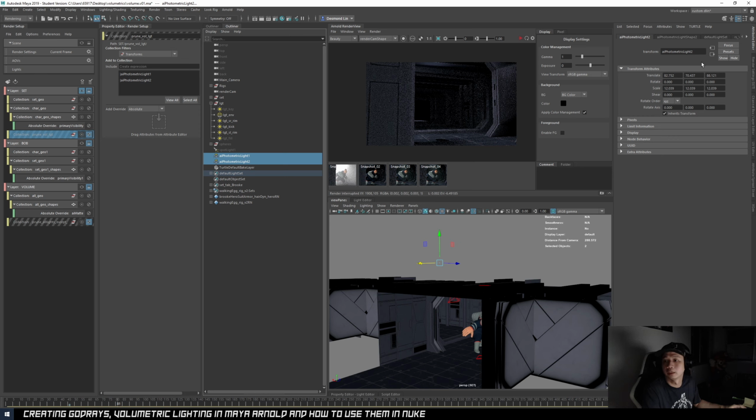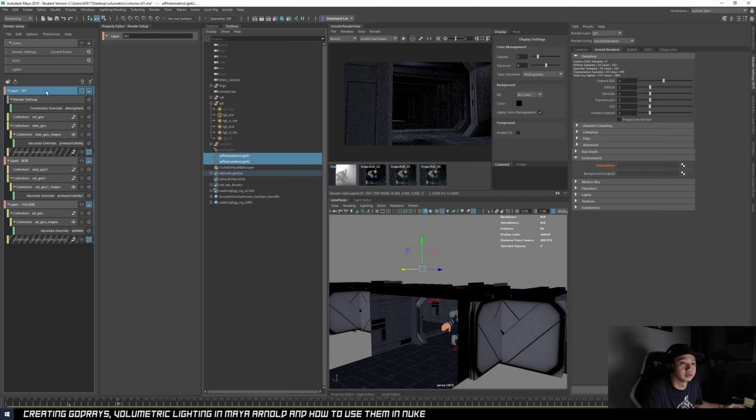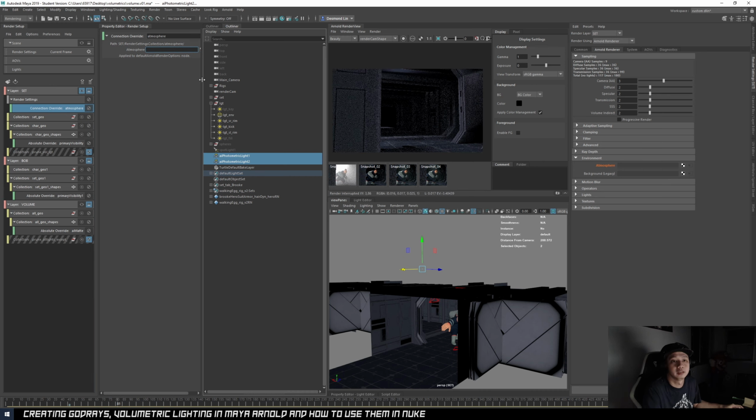what you can do is go into your render settings, under the environment atmosphere, right click, and create a correction override for visible layer. So let's just choose the set, and then I'll create visible. It will create a render setting, and you'll put in the atmosphere override within this render pass. So by default it doesn't have the volume now. If I were to render, it shouldn't give me the volume. So just press enter.